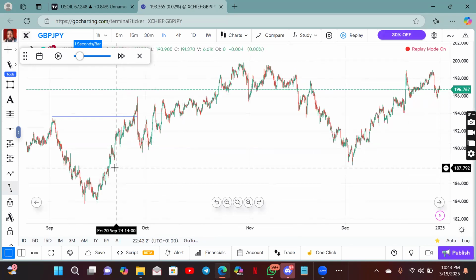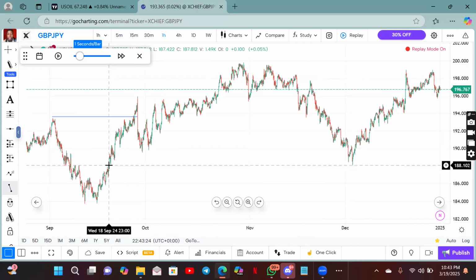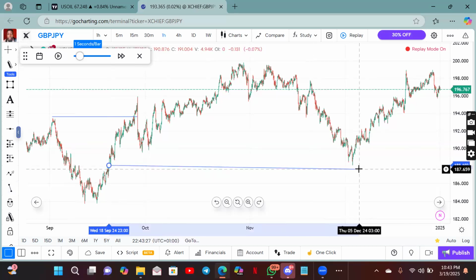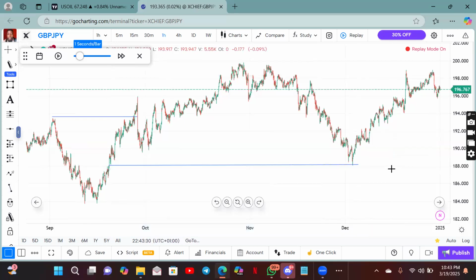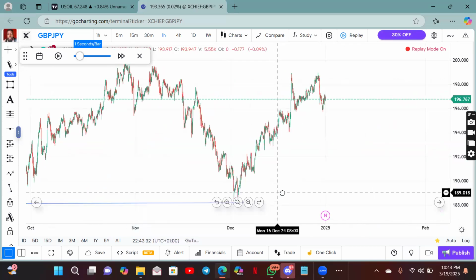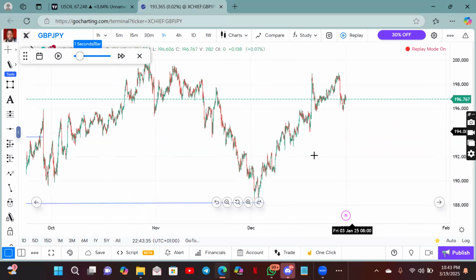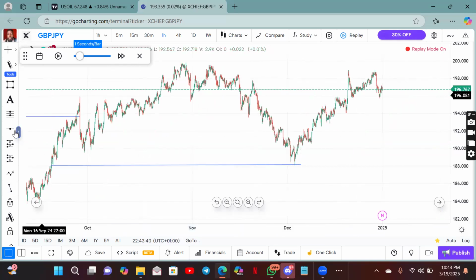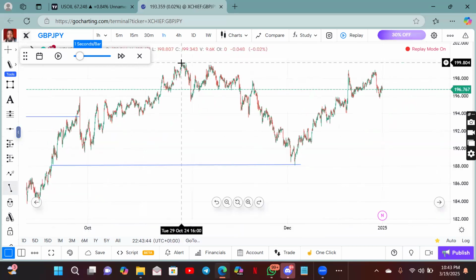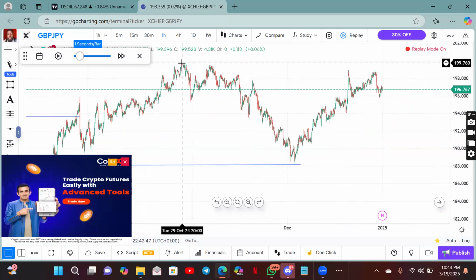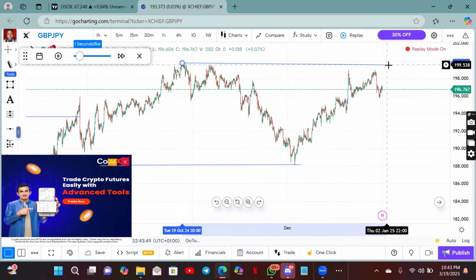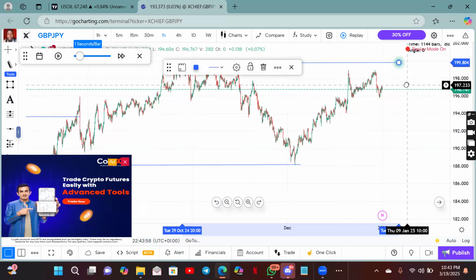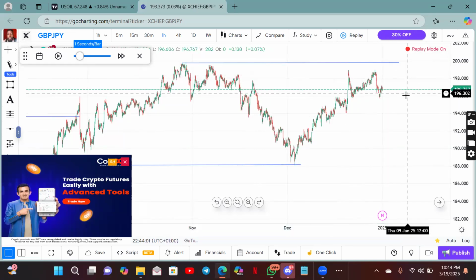Then you will now realize, okay, this next one that came down did not break this low, right? So what are we looking for? We're looking for buys, right? So you now see that, okay, we're looking for buys. Since we're in an uptrend and you look at this one now, look at it, this particular one, this one did not break it. So as it didn't break it, what are we going to be looking for? It's coming down, right?